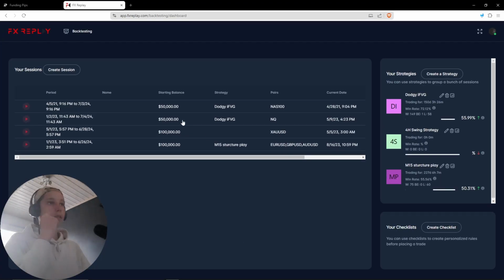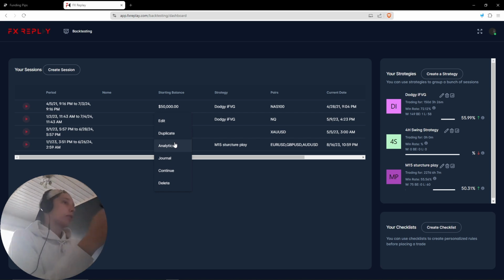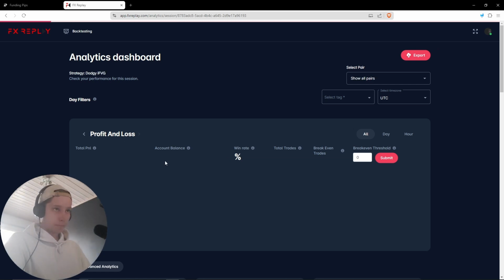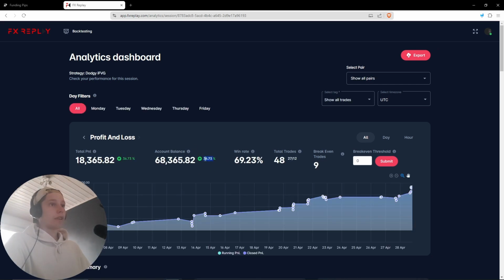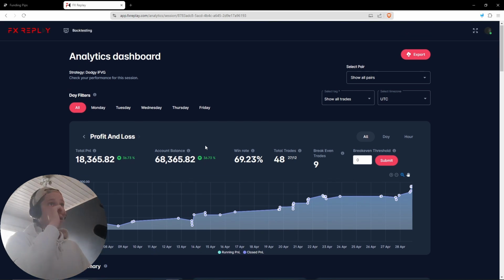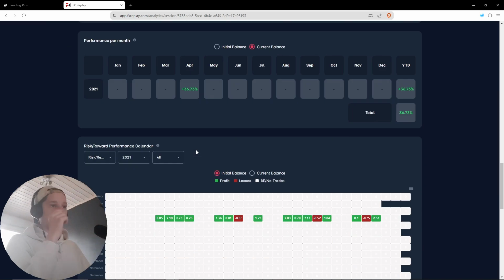So I can show you the results with my backtesting. I have backtested NQ here and NAS 100 here, both on 50k accounts. I have taken A+ setups with 3% risk, then setups a little bit less than A+ I've been risking only 1%, and let's see how we've done here. So I don't actually think that we will be able to get the same results